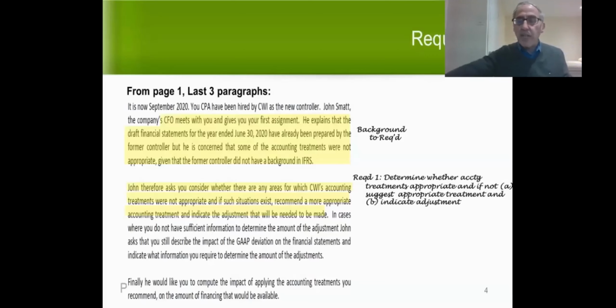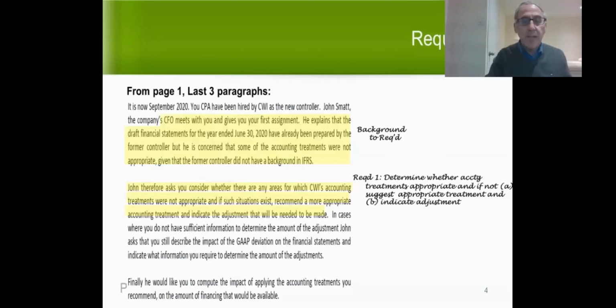And I should mention that this is similar to accounting issues on the comp. You'll notice that some of the issues we're going to be dealing with tonight are at a very high level of depth, similar to the comp. Also similar to the comp, I've asked you to do the adjustment. Very, very common on a comp to be asked to do the adjustment. I want you to get used to that.